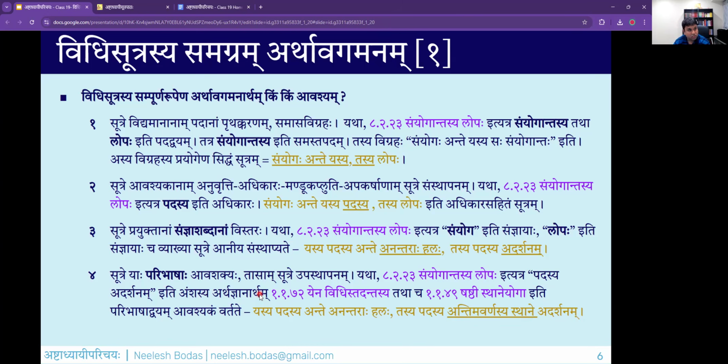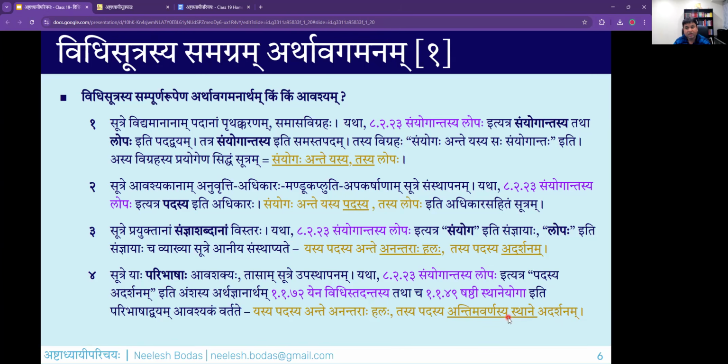Now I don't expect you to know these paribhashas. We are going to learn this in the upcoming classes, but just follow along with what I am teaching. So there is a paribhasha called yena vidhistadantasya and there is a paribhasha called shashthi sthani yoga. These two paribhashas are to be brought in for interpretation of this particular statement. How are these paribhashas used? So, yena vidhis tadantasya. See this word tadantasya. Anta is that component. So, that paribhasha, yena vidhis tadantasya, will bring the word called antima varnasya.